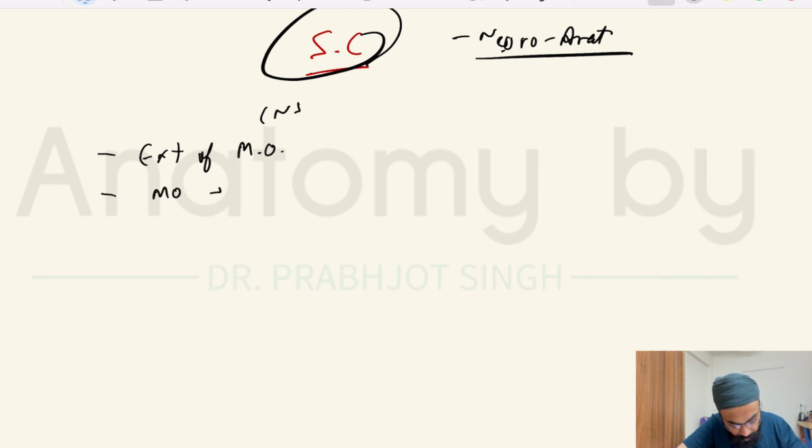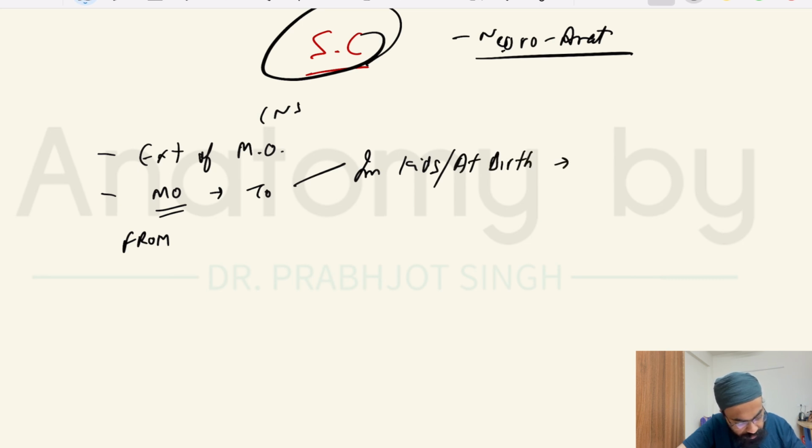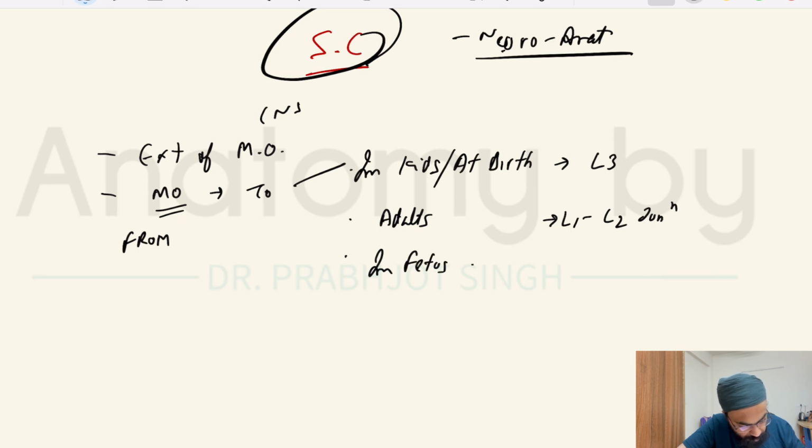Okay, it extends from medulla oblongata to कहाँ तक is the biggest question. So to कहाँ तक it depends. It depends on age groups. So from medulla oblongata to, in kids, or you can say at birth, it is till the level of L3. In adults, L1 L2 junction, and then in fetus of about 10 weeks, it is occupying the whole length